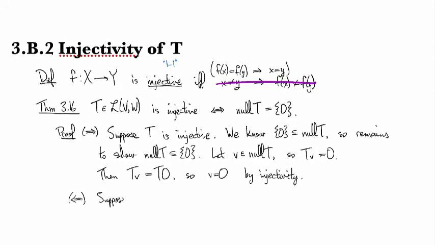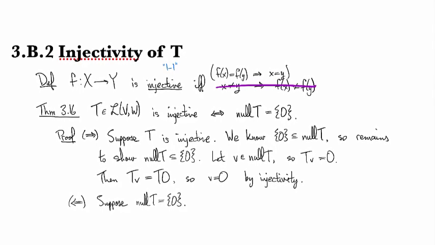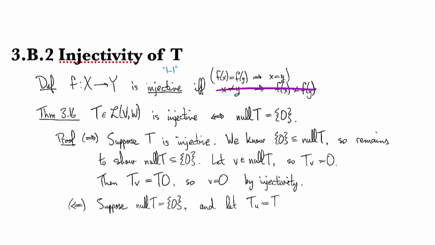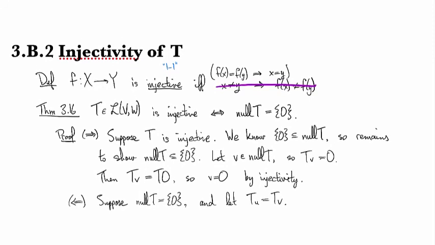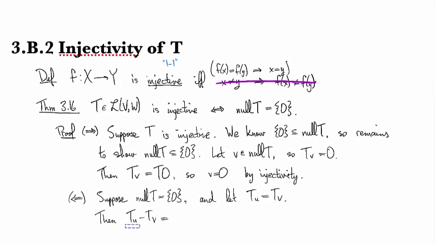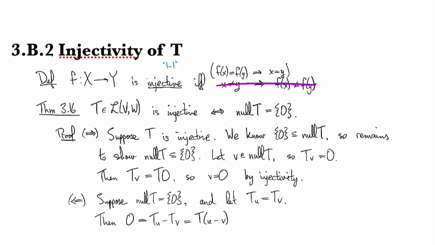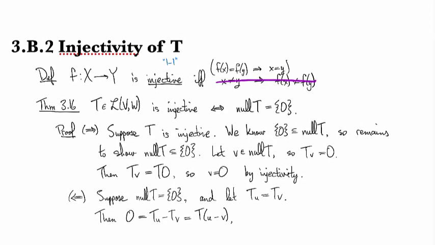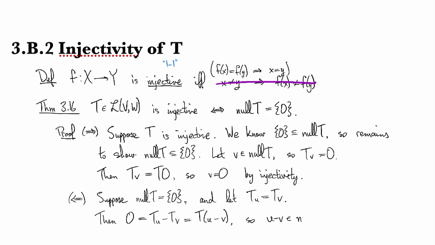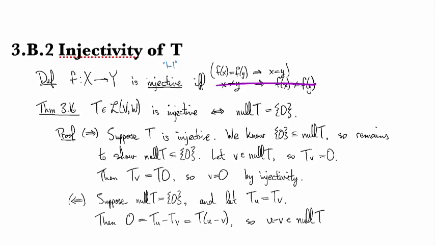And now we just have to go in the reverse direction. So for this direction, we suppose the null space of T is equal to 0, and we need to show that T is injective. So suppose we have TU equal to TV. Then we can take the difference. TU minus TV, on the one hand, if TU is equal to TV, this is equal to 0. And on the other hand, I can use linearity on the difference. And so then that shows that T sends U minus V to 0, which by definition means that U minus V is an element of the null space. But the null space is equal to the 0 space, so